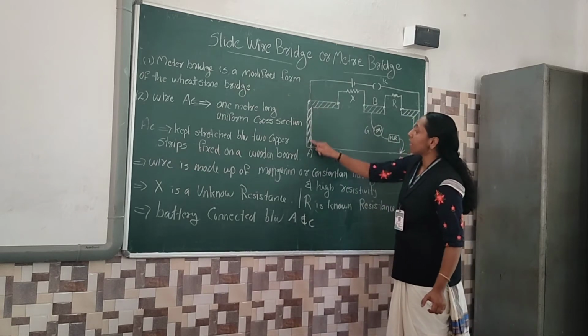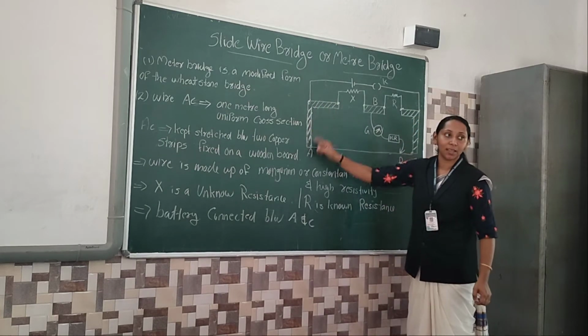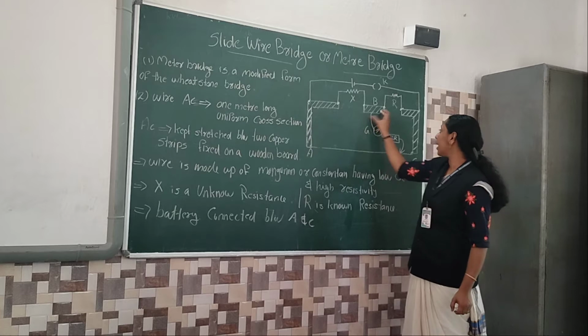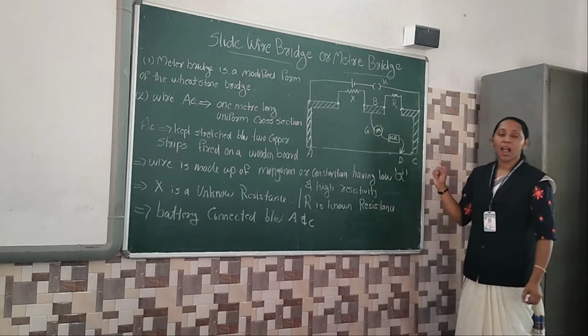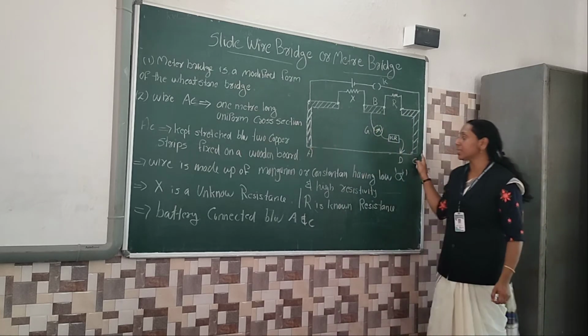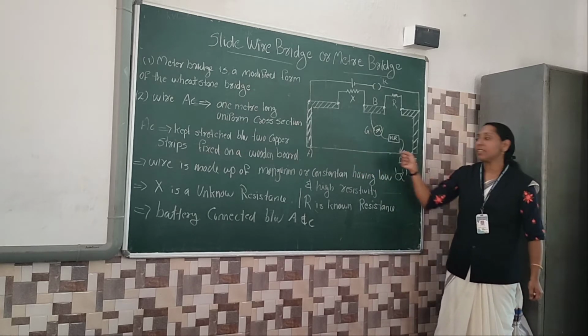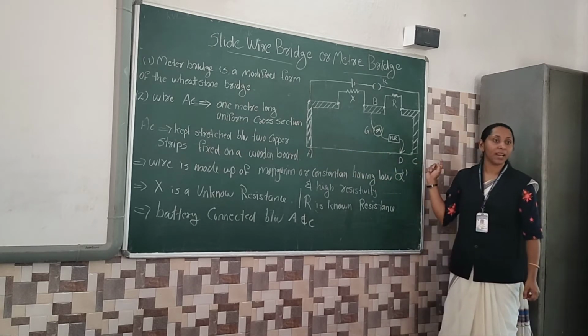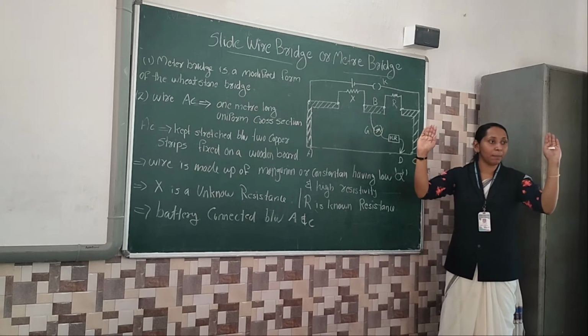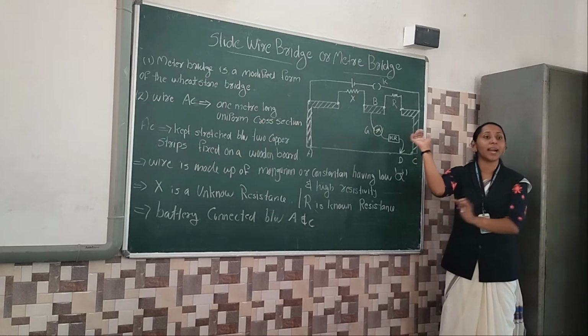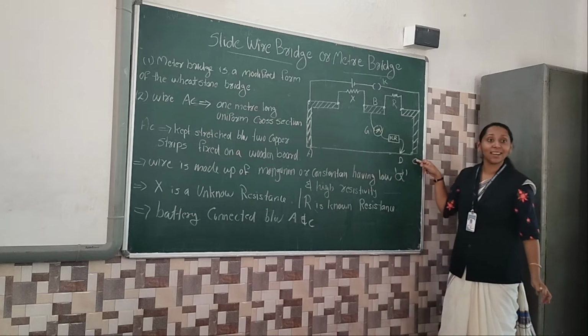These portions are the wood portions. Okay, wooden pieces. Here a wooden piece है, इधर भी है, इधर भी. Okay. And two ends of the wooden piece, we have to connect a 1 meter length wire that is called as AC. Clear everyone? Two wooden pieces. The two ends are connected to a 1 meter length wire.